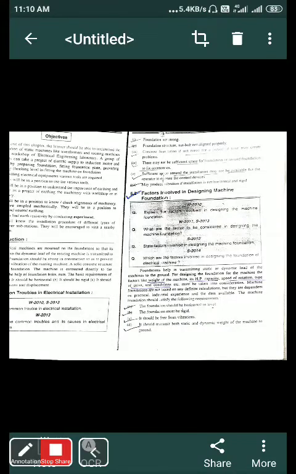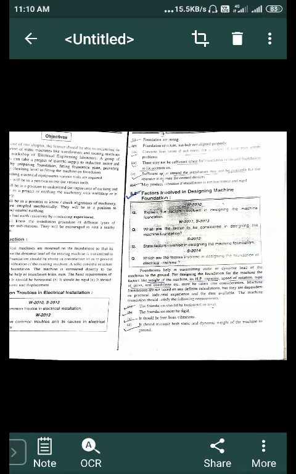Okay. Next point is factors involved in designing machine foundations. What are the factors you have to consider? This point will be asked in the examination for 4 marks. The foundation is for transmitting the static or dynamic load of the machines to the ground, static like a transformer, and rotating machines like DC machines or induction